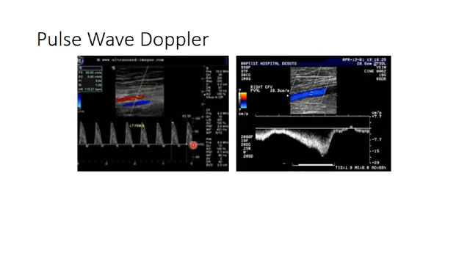Now, an arterial flow velocity wave will be typically monophasic. That is, it's either towards or away from the baseline. In this case, it's all going here. It's monophasic, whereas